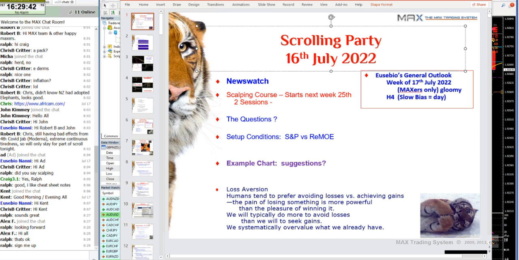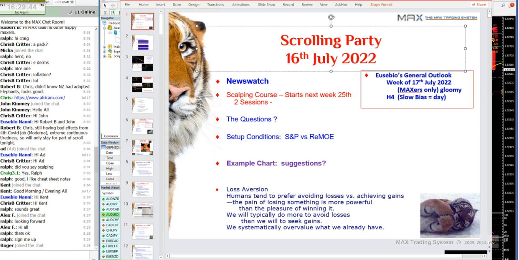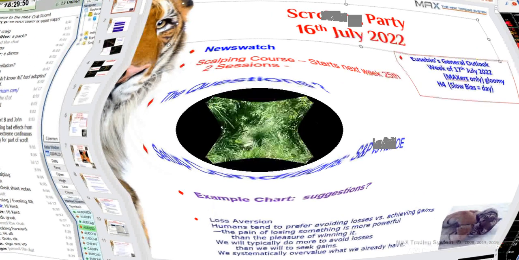Yeah, okay. But most of the setups indeed happen during the European and the US session, indeed. Yeah, the amount of time that you have to sit there watching it for the few